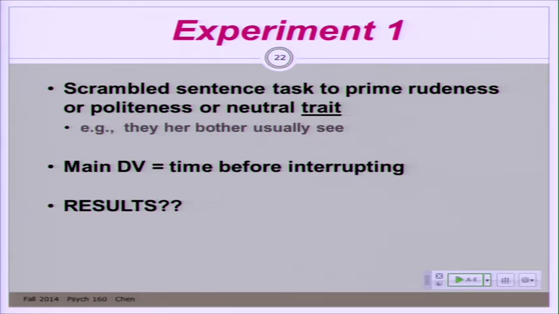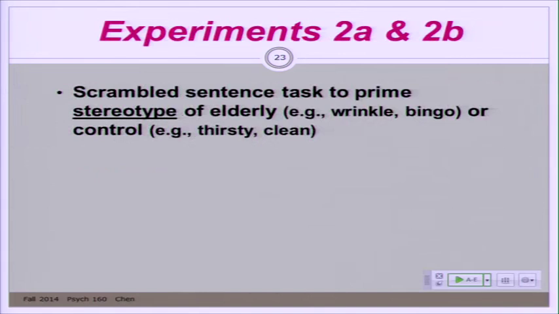So consistent with the idea that being exposed to rudeness-related concepts probably primed behavioral representations of rudeness relative to politeness or neither, and had an impact on participants' behavior in this applicable situation. With me so far? Okay, that was one example of automatic behavior. Here's a second. There are actually 2 separate studies they did. It doesn't matter, they were nearly identical.